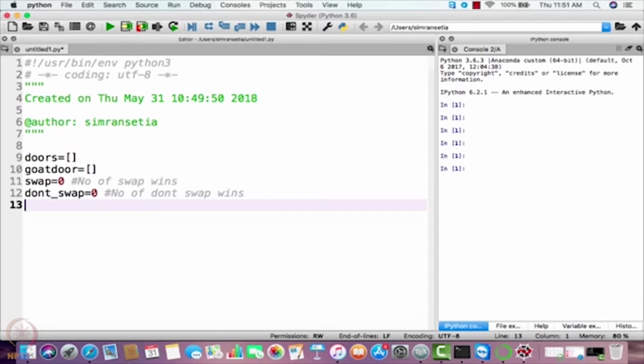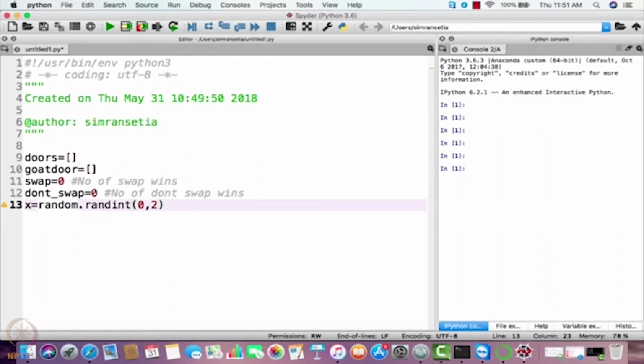Okay, now that we are done with it, we'll generate a random number here that will keep track of which particular door will comprise the BMW. So since we are only given 3 doors here, we'll call them 0th door, 1st door and 2nd door. So we have to generate a random number here, random.randint from 0 to 2. Okay, so any one of these 3 doors will comprise the BMW.